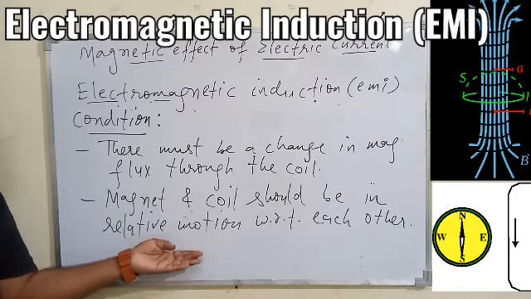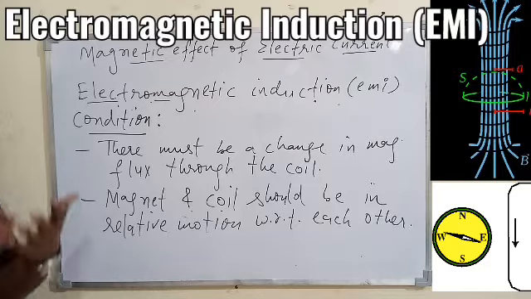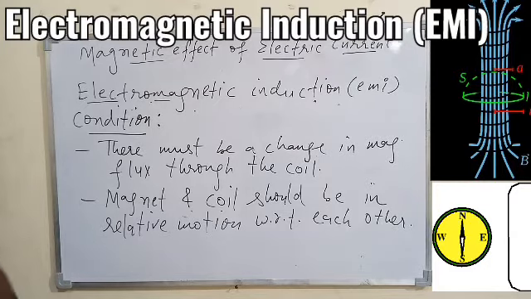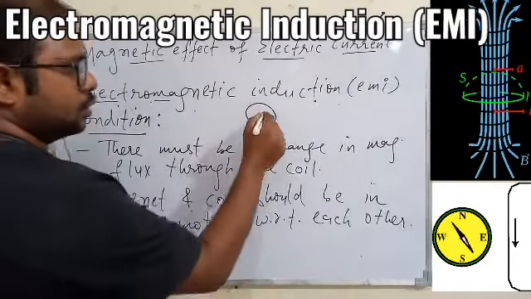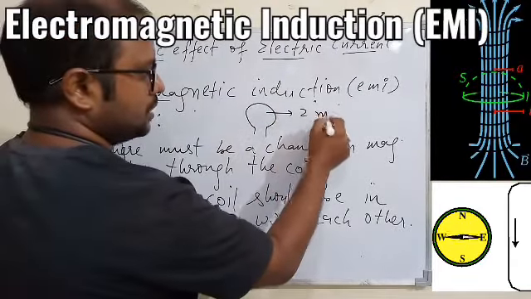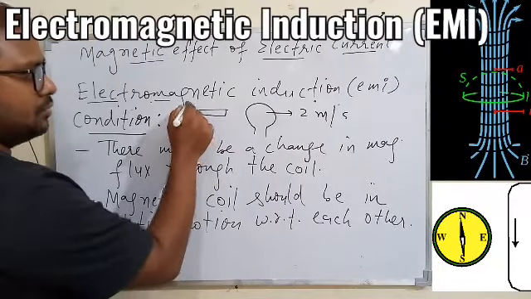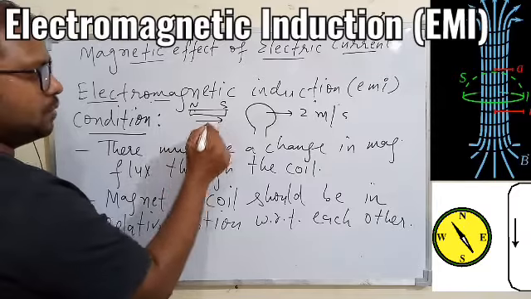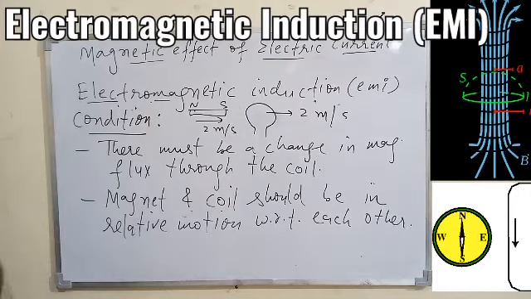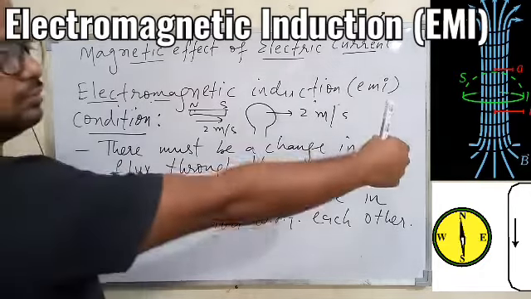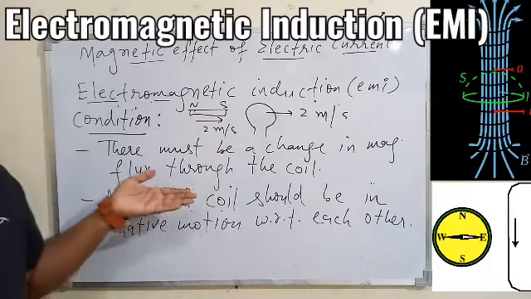One will move with respect to the other, and that can be done either by fixing the magnet or by fixing the coil. Okay. So just take an example. If we have the coil moving with a velocity of 2 meter per second in one direction, and there is a magnet, with north and south, whatever, this is also moving in the same direction with the speed of 2 meter per second. So one is moving the coil in one direction and the magnet is also moving in the same direction, both with the same velocity.